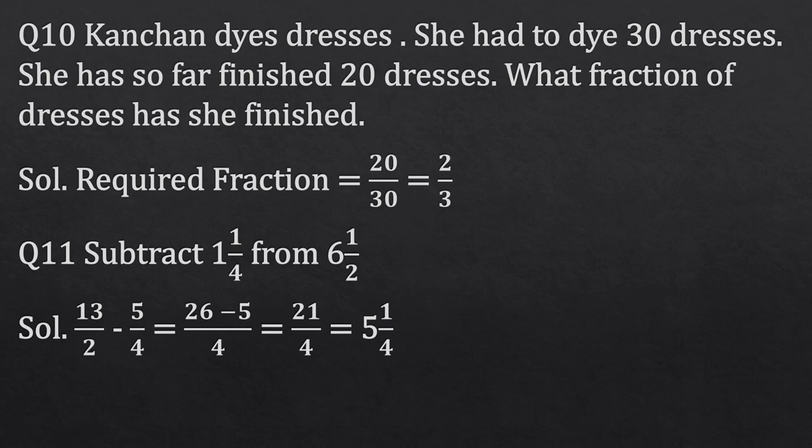Now take the LCM 4, numerator will be 26 minus 5. If you have done up to this part, you will get half more marks. Now subtract it, you will get 21 upon 4. Then again you will get half marks, and then convert it into mixed fraction, that is 5 1 upon 4. Then again you will get half marks. Means half marks will be divided into 4 parts. Okay? Accordingly you can give marks to your answer.